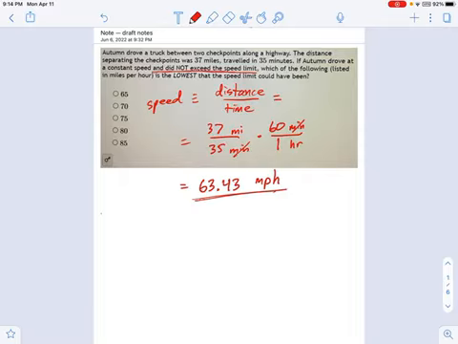Well, it sounds like the lowest the speed limit could have been, it could have been any of these numbers, right? But the lowest it could have been would be 65. If the speed limit were 60, she would have been over, right? There's no way she could make that distance in that time without driving more than 60 miles per hour.